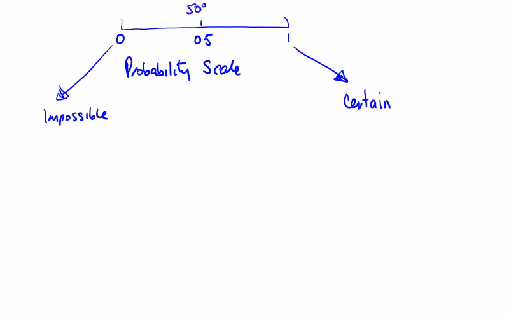0.5 is like a 50% chance. Well, the most obvious. So 0.5, 50%. So coin flip. Let's look real quick at 25%. What would have a 25% chance of happening? Well, if I flip a coin twice,